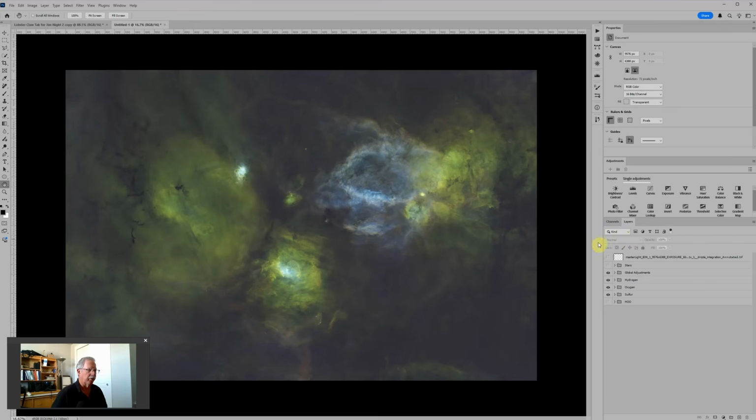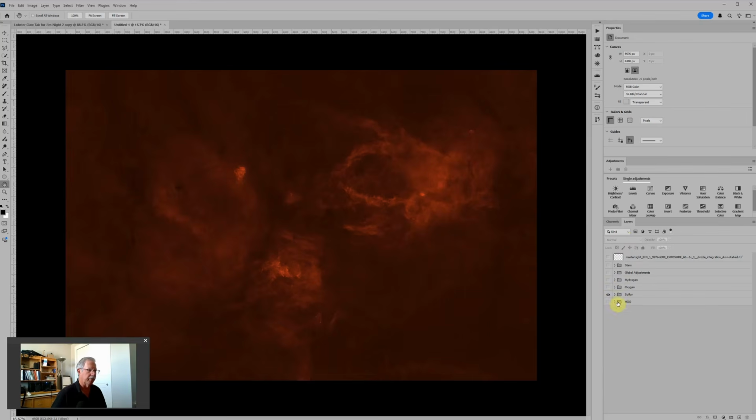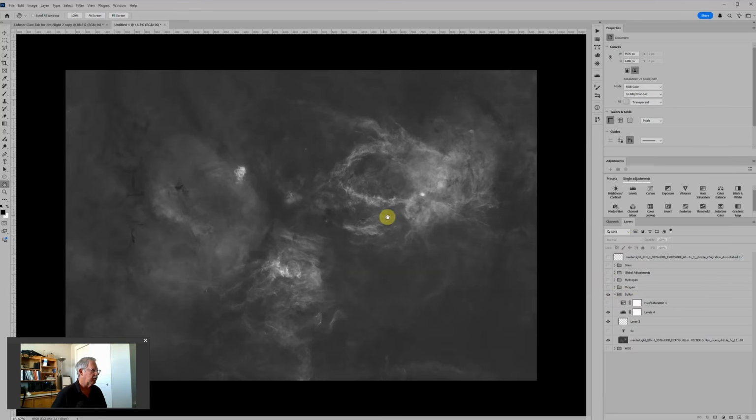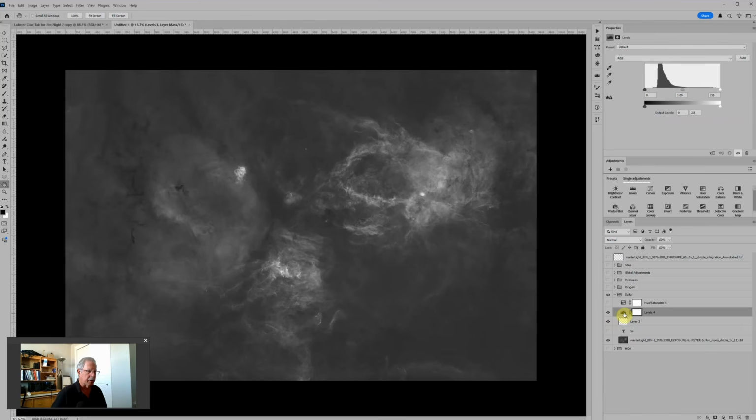So the first thing I want to do is turn off everything except the sulfur layer, and we'll start with it. And I'll open up this layer group, and it's going to be much easier to see what we're doing if we turn off the hue saturation so that we can see it in just black and white mode. And I want to go to the levels adjustment layer, and I want to adjust the black point and the white point. And since this is sitting on a black background, which you can get to by right-clicking and choosing black as the canvas color,